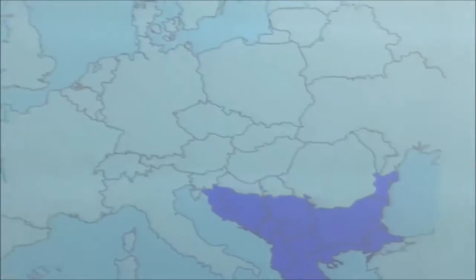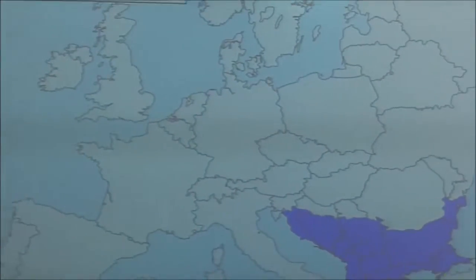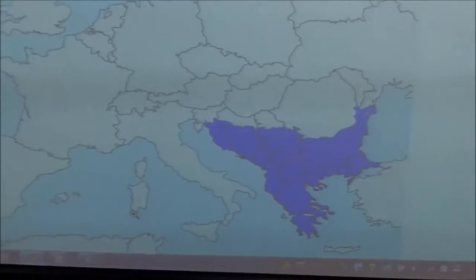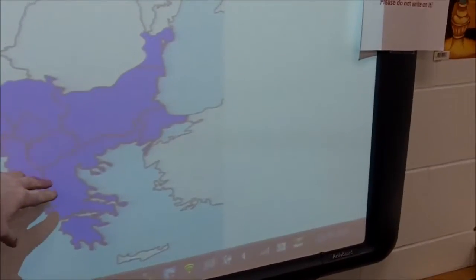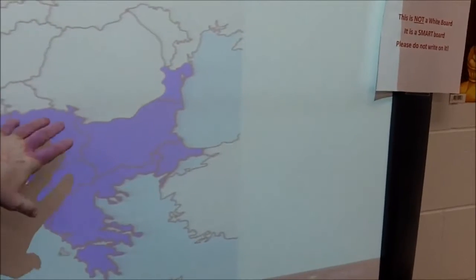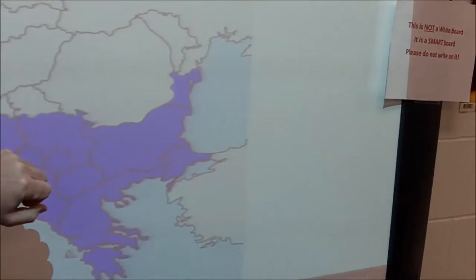And the setting of Middle Earth is actually Eastern Europe, okay, the Balkan Peninsula. So I'm going to show you guys real quick on the map some of the landscapes that would be the basis for Tolkien's novels. There on the Promethean board, you can see a map of Europe. It says the Balkan Peninsula would be shaded there. Here would be today Greece, and Yugoslavia and Croatia and all of them. Here would be the country of Turkey today, the old Ottoman Empire.